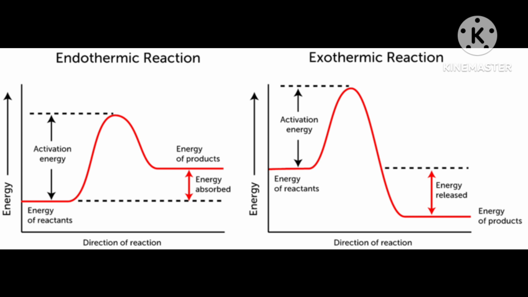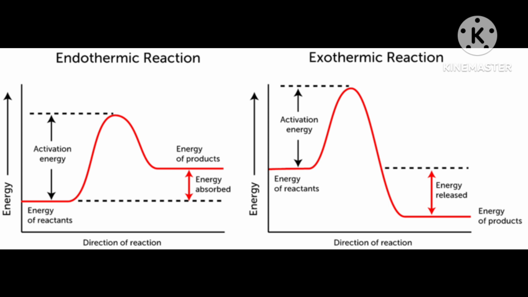We can understand this by one example: H2 plus I2 gives 2HI, hydrogen iodide. All are in the gaseous state: H2 is gaseous, iodine is gaseous, and the HI formed is also gaseous. According to Arrhenius, this reaction can take place only when a molecule of hydrogen and a molecule of iodine